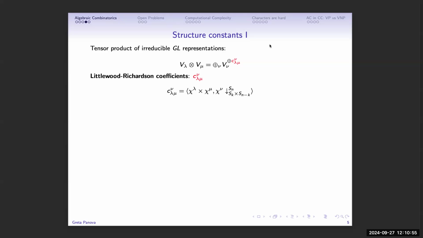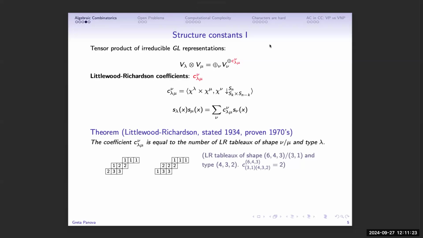And so they can be computed via characters of the symmetric group, by restriction to the product of two smaller subgroups. They can be thought of as the structure constants in the product ring with basis the Schur functions. And they also have what's called a nice combinatorial interpretation. So there is no more hook-length type formula. These numbers are not so nice, but we can still